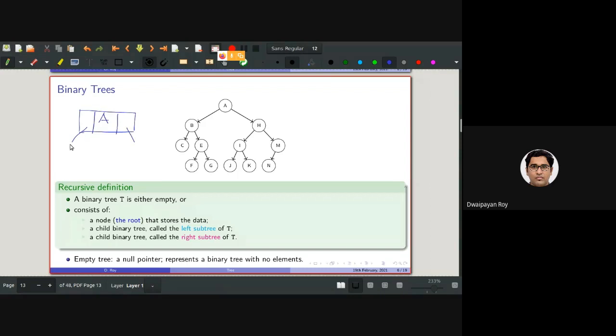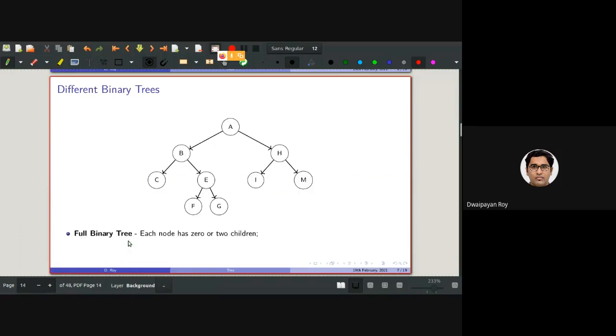Both of them are again nodes which do not contain any element. These nodes which do not contain any element, this one and this one, are called the empty tree. Got it? All right.